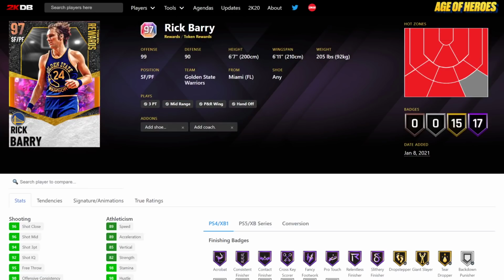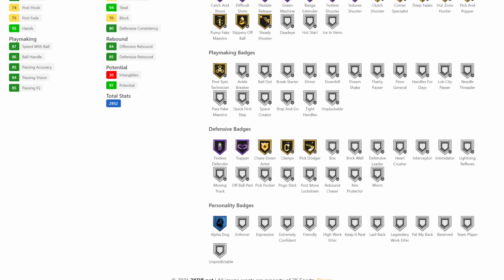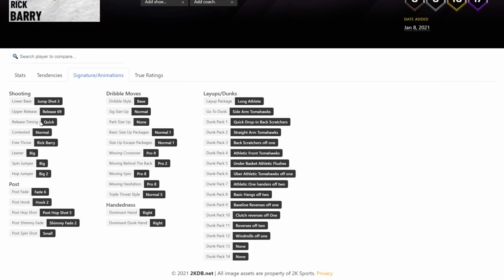At number 7, we got Opal Rick Barry. Opal Rick Barry, 89 speed, 89 acceleration. Defensive stats seem bad. Defensive badges seem bad. He's got Steady Shooter, but he's got Hall of Fame Range Extender, 94 three ball, and he's got Base 3, which is one of the best releases in the game. And we saw him being used at the weekend in Ona's squad. I think what separates him from the other two guys, he's just that much better of a shooter. And in terms of three hunting and stuff, he's actually really good. Yeah, he doesn't have the greatest escape, but